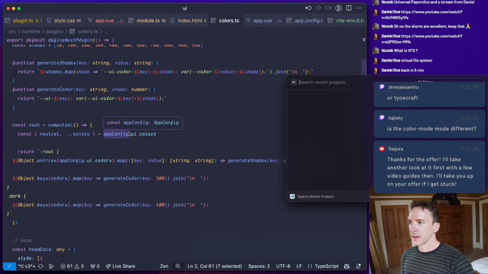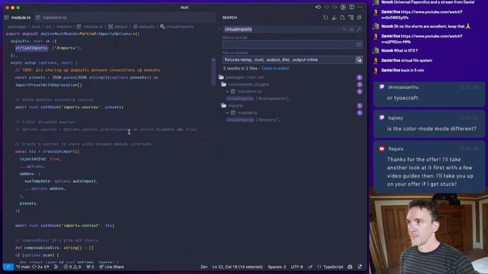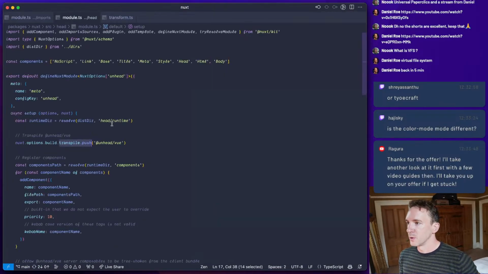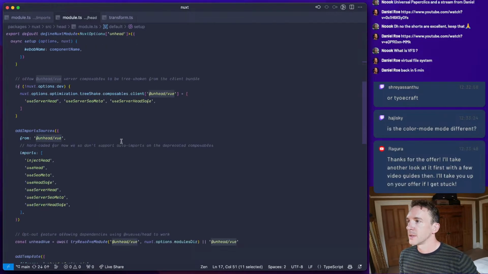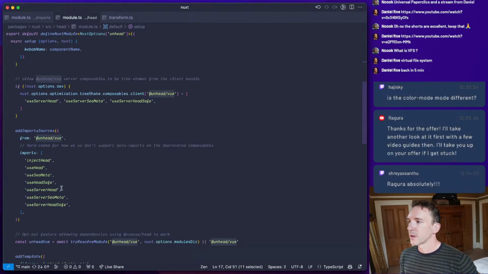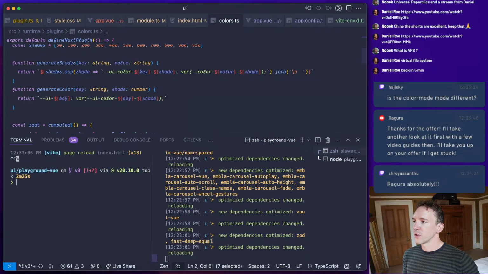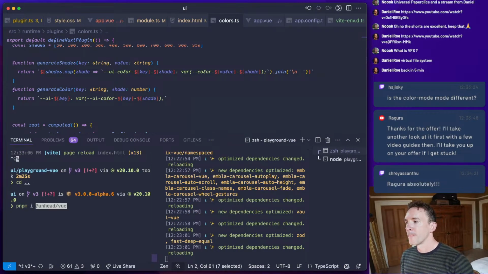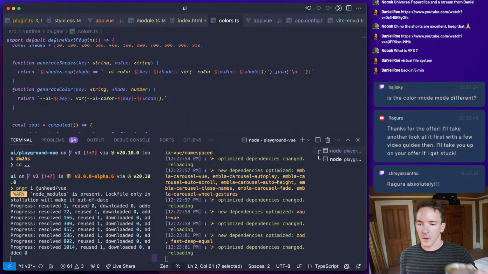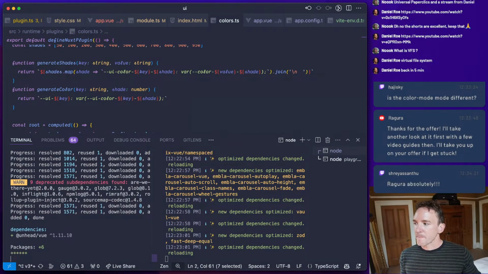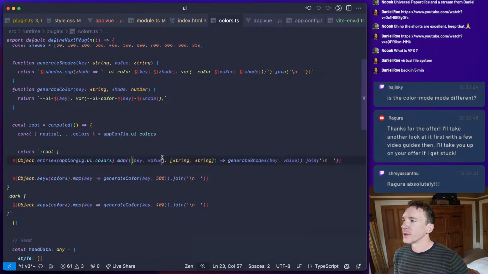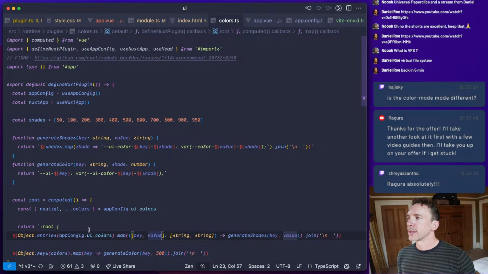So basically in Nuxt, we have our head module, and we basically have unhead Vue. And all of these things are coming from unhead Vue. So we're going to need to make this a dependency of our project. And we are going to do exactly this.